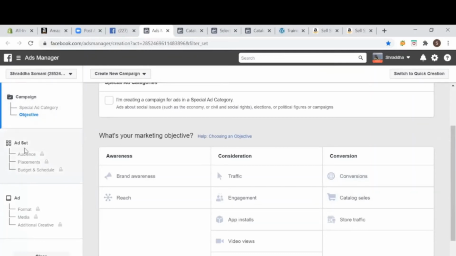Then there is an ad set. So an ad set is nothing but an ad group. And what comes under ad set is the type of audience that you will be targeting. The placement is nothing but where you want to show the ads, on the timeline, or on the story, or what kind of section on Facebook you want to show the ads. And then you will be doing budget and scheduling. Then comes the ad. You will be creating your final ad where you will be selecting the format, whether you want to create video ads or image ads,